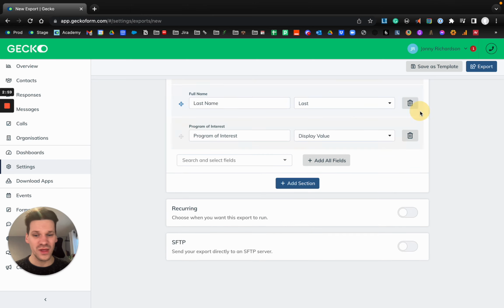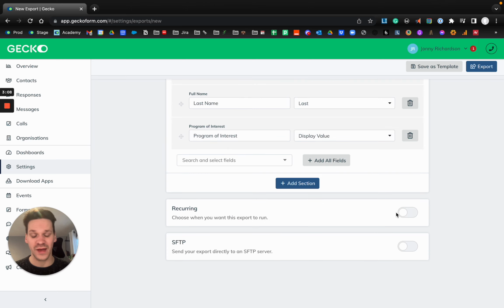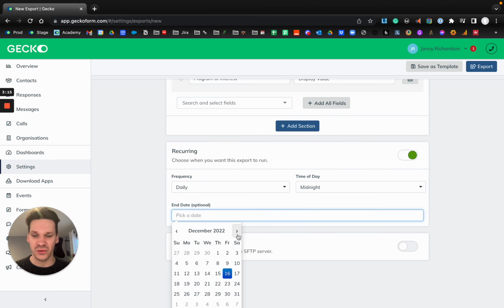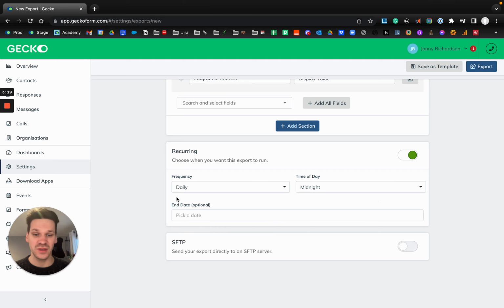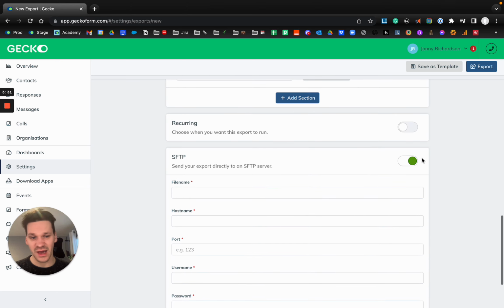When you're happy with your response export and everything set up correctly, you can choose to tell Gecko, is this a recurring export that should happen time and time again, or just a one-off export? If you do opt for the recurring option, you can set this to hourly, daily, weekly, or monthly, and you can choose an optional end date if you want a hard stopping point, or just know that if you do set this to run forever and ever and ever, you can manually come in at any time and pause or stop the export entirely. You can choose to push this also to your SFTP server if you have the information,